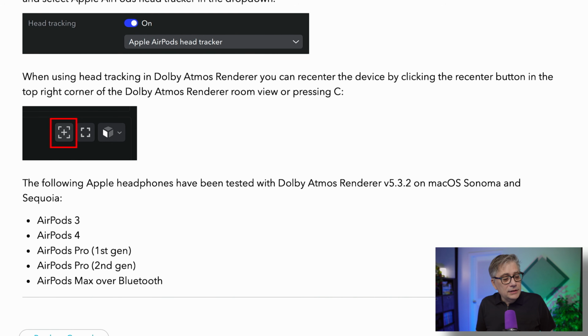And then the support article says that the head tracking works for the Apple devices. These would be the Apple AirPods Pro 2. That's the ones that I'm going to use. It's also going to work for the regular AirPods, the latest ones, version 3 and version 4. I usually don't use those, I just have them in case I want to make a video just like this one. It obviously also works for the Apple AirPods Max, but only if you use them in Bluetooth mode,